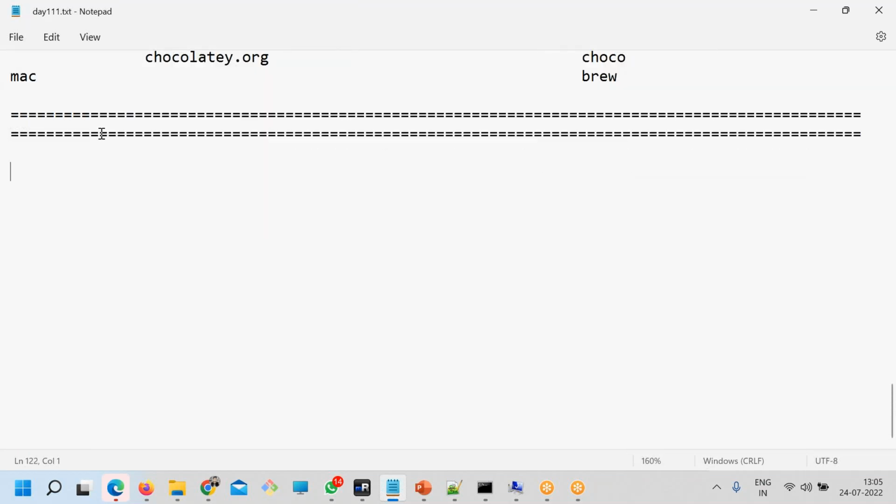Let me put it in a simple way, because it's a pretty huge discussion actually. What does OOPS stand for? Object-oriented programming. Correct? OOPS concept.